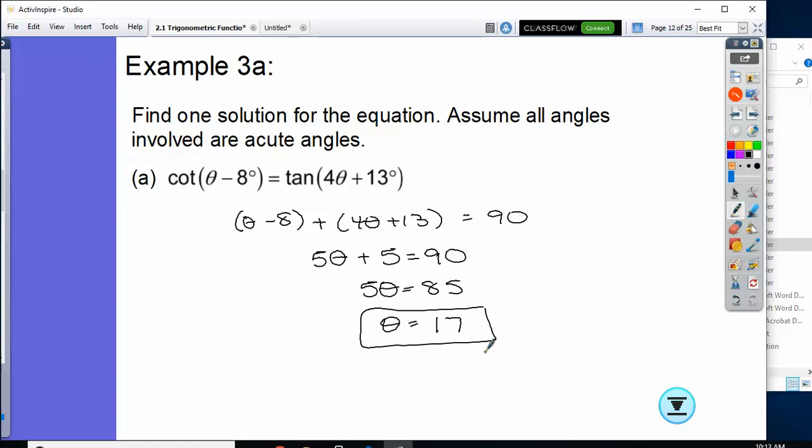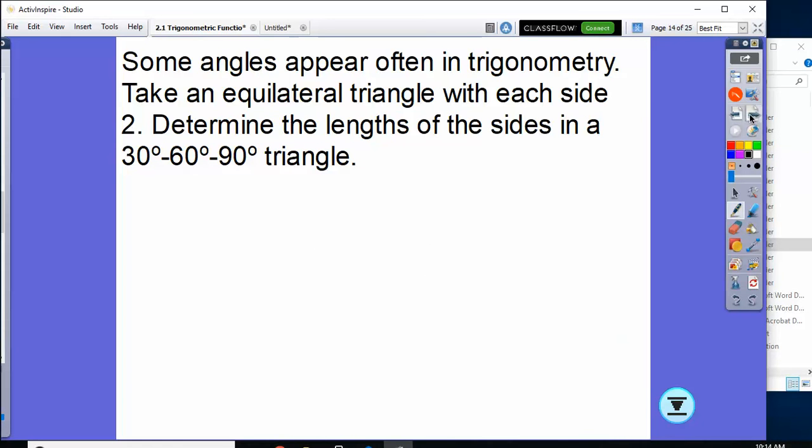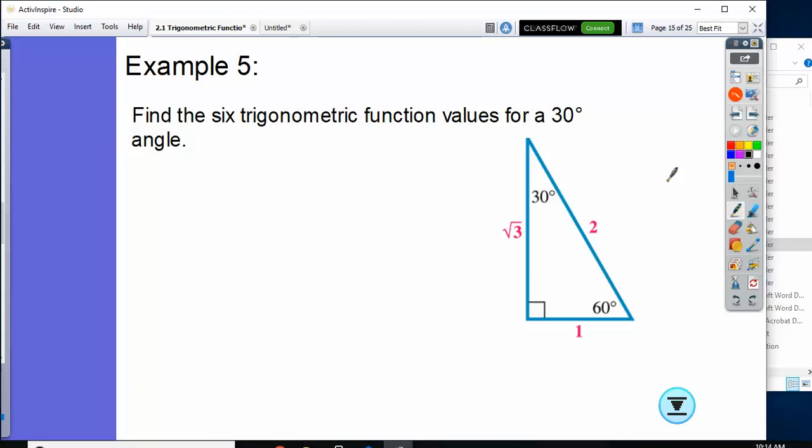The last thing I want to do today is to kind of set us up for tomorrow. We're going to have certain angles that come up a lot. Two of those angles are 30 and 60 degrees. So if I gave you a 30, 60, 90 triangle here, and I have given you side measurements, I want to find the 6 trig functions of the 30-degree angle in this triangle. So we're going to find the sine of 30 degrees, cosine of 30,